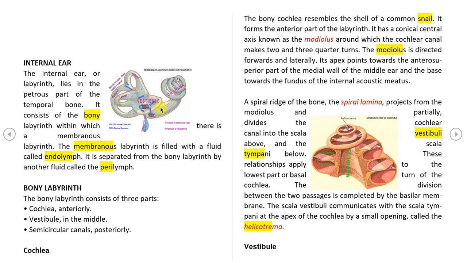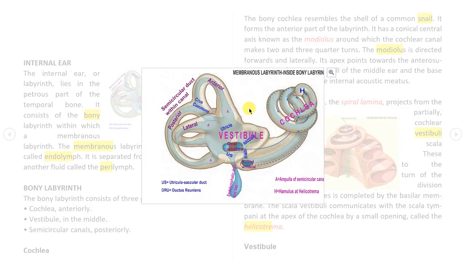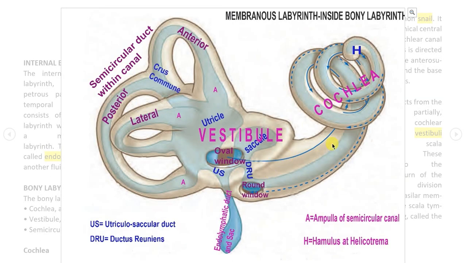Now we will focus on the cochlea. See again, this is your cochlea. Outside there is the bony labyrinth. Inside, this blue color represents the membranous labyrinth. So if you see the bony labyrinth of the cochlea,